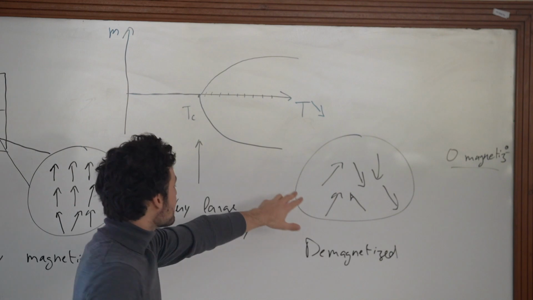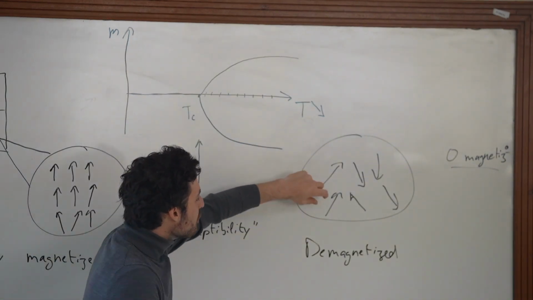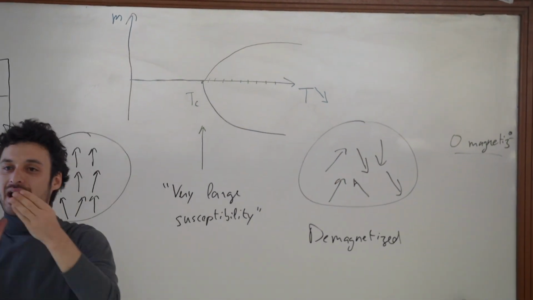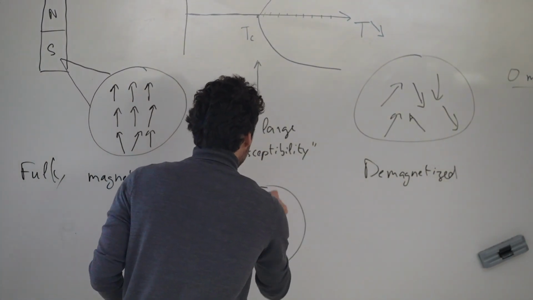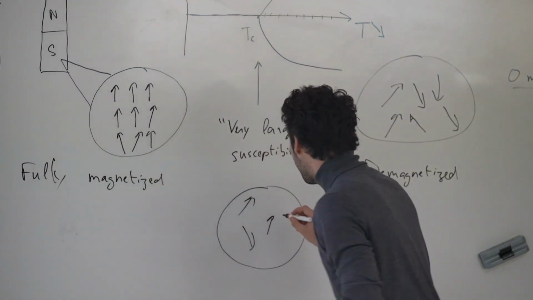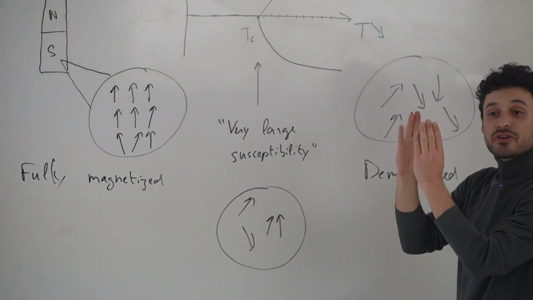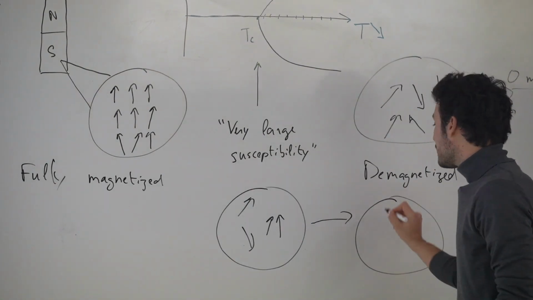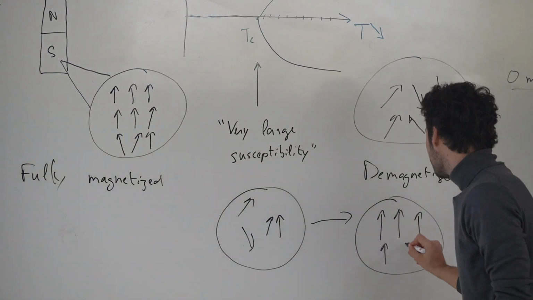Because what's happening here is that as you reach the critical point, all of these tiny magnets are still disordered. But they're now at a point where any small fluctuation matters. So for instance, you're in the demagnetized state like that, but suddenly two magnets start to align. And they align in this direction, just by random fluctuations. So this means that in this case, the entire magnet is going to align in this direction.